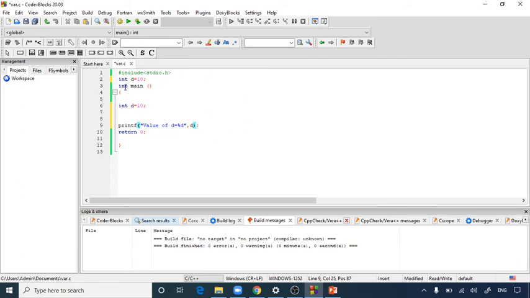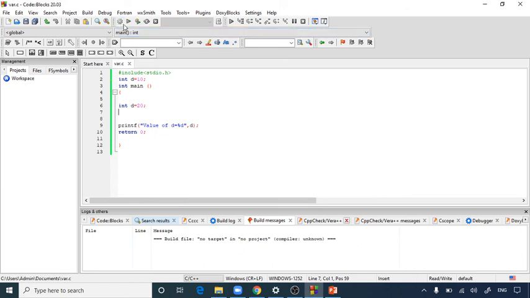I have given two values to d, 10 here, and let's change it here to 20. When you have both a global variable and a local variable, it will take the value of the local variable as preference.